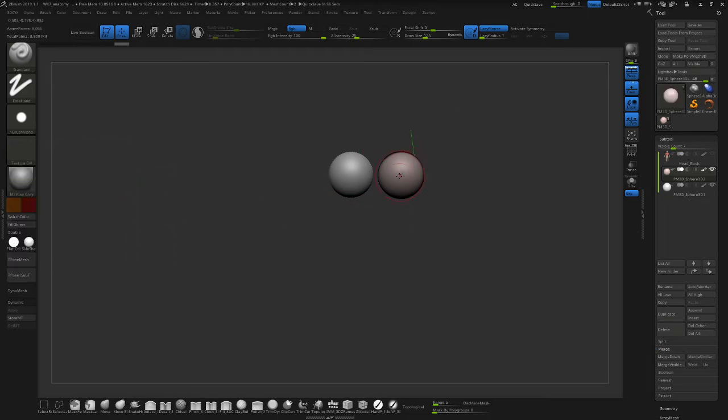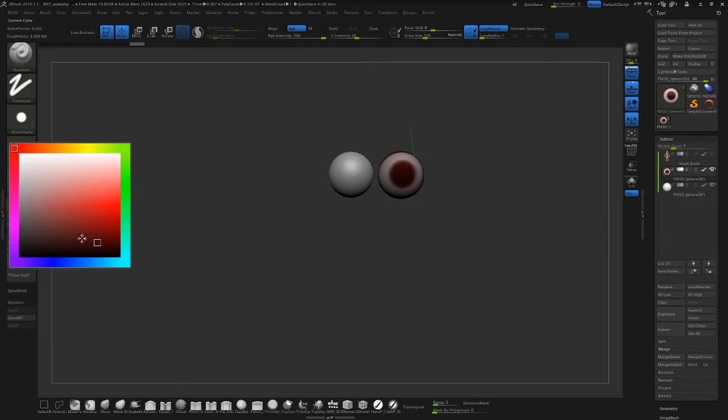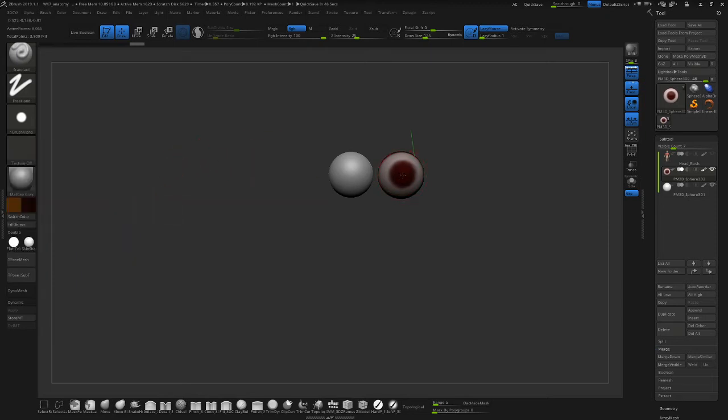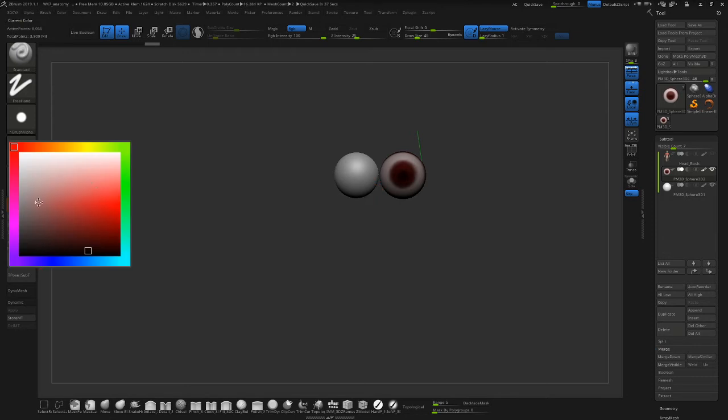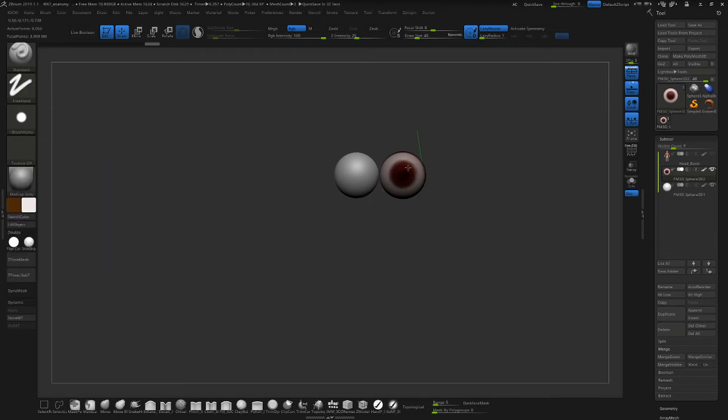Change the main color and you have an eye. You can see now? Okay. So you have something like that. And if you want it to be a little shiny,